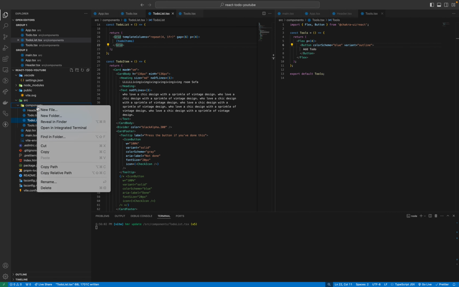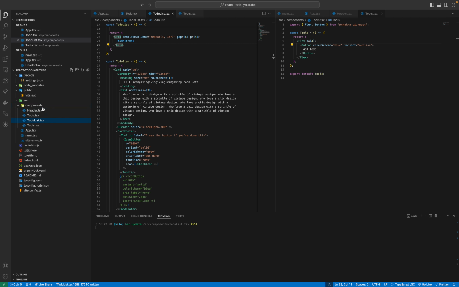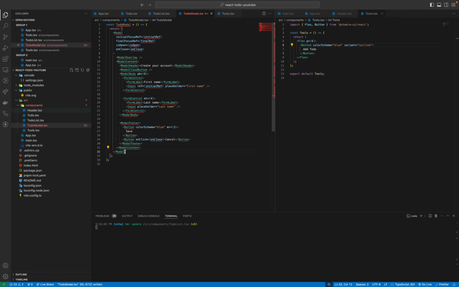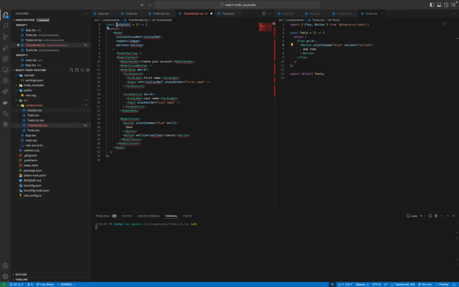And let's say, make the modal component, add to the modal, edit, add to the modal. We don't need this, and